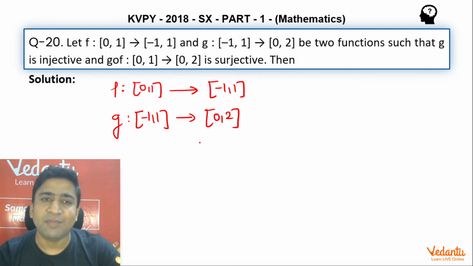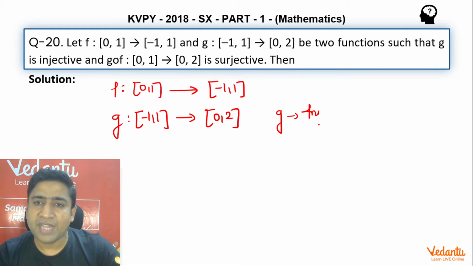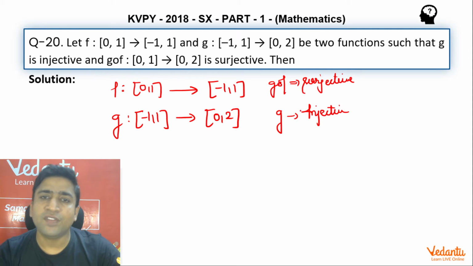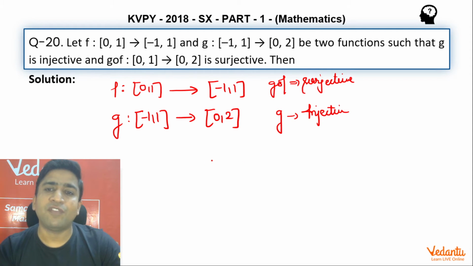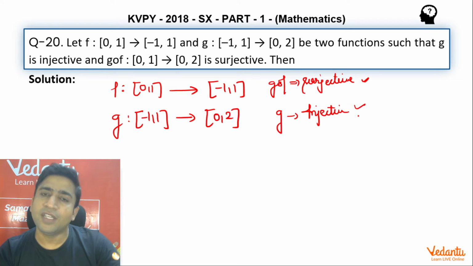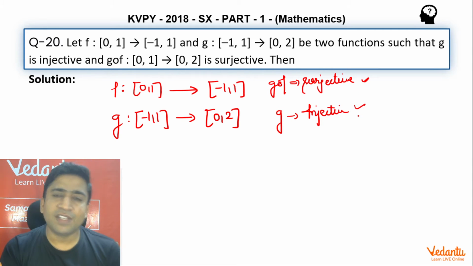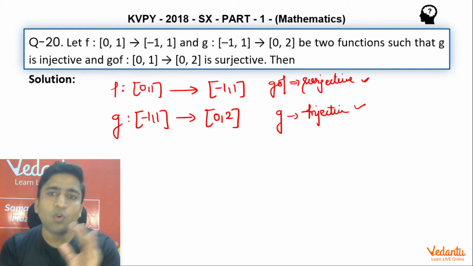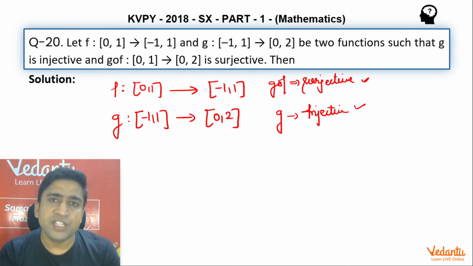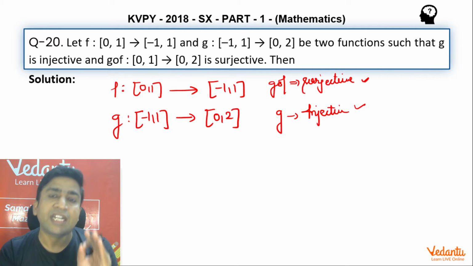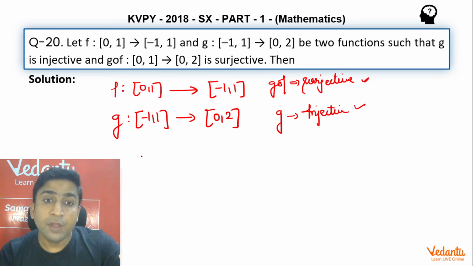I'm just going to say something, guys. The question says g is injective, that's the first point, and the question says g∘f is surjective. Now they want us to tell the nature of f if I want both of these to hold. So I'll say one thing, guys. If g∘f is surjective and g is injective, you need to understand one thing: